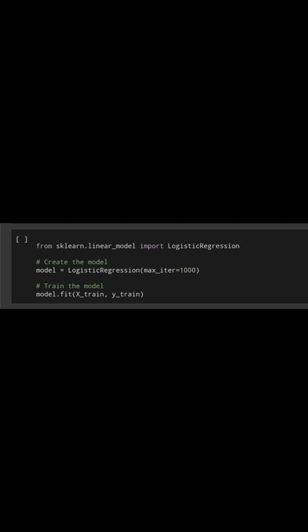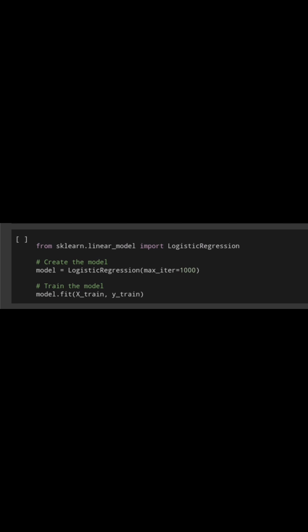Logistic regression is a statistical model that predicts the probability of a binary outcome. Create the model. This line creates an instance of the LogisticRegression class and assigns it to the variable model. The max_iter=1000 parameter sets the maximum number of iterations the model will run during training.